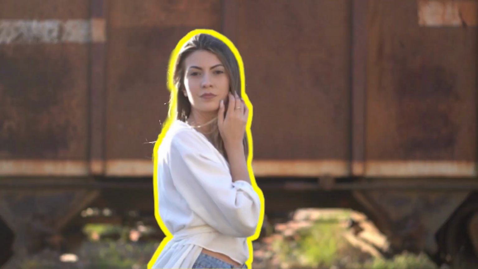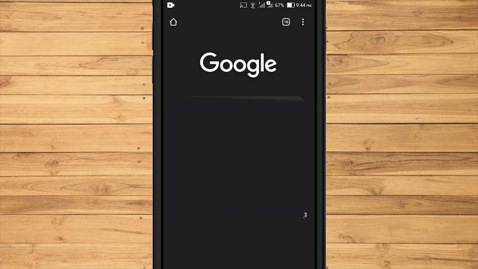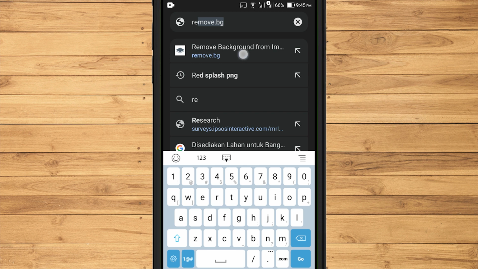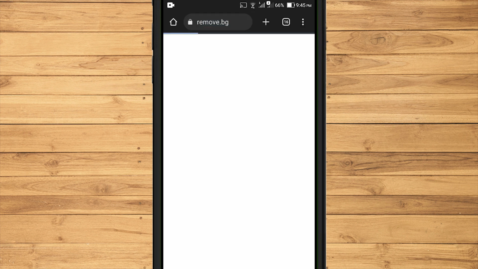To create outlines on the edges of subjects quickly and easily, we can use the Pixelab application, but before creating it, we have to remove the background from the subject. The easiest way to remove the background is to use the feature from the remove.bg site. To access it, you can use the installed browser.